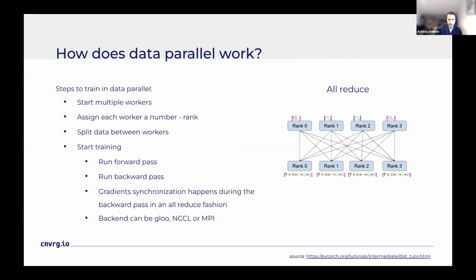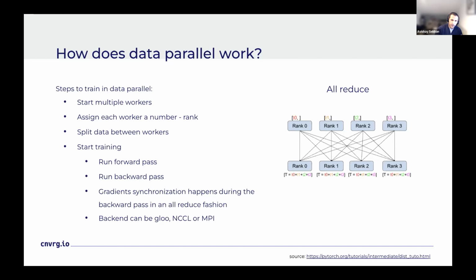And then we assign each worker a rank, and each worker has its unique rank or identifier to keep track of its progress during the training. And then we split the data. The training data is split into equal parts and distributed across the workers. And then we start the training.